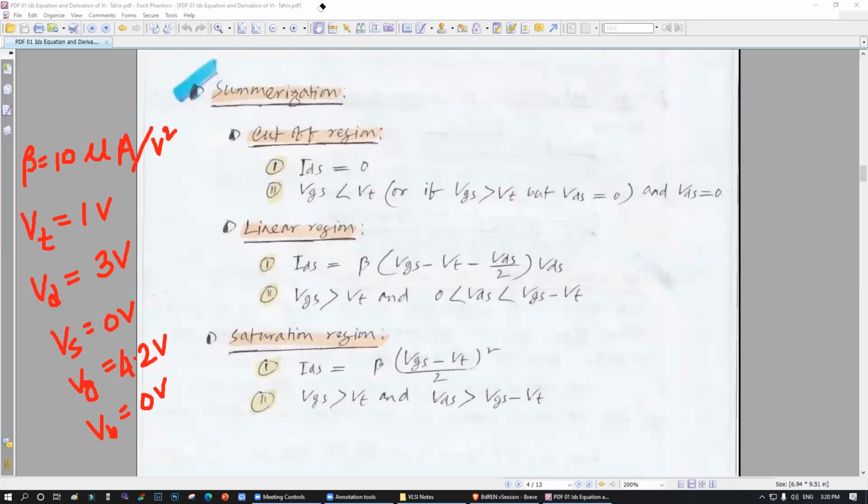Now find the IDS, okay? All of you find the IDS. Now there are 3 formulas for IDS. One is this one, another one is this one. Which one to use, that you have to choose from the given data. Got my point? So take 2 minutes and find it, okay? All of you think how to do it.